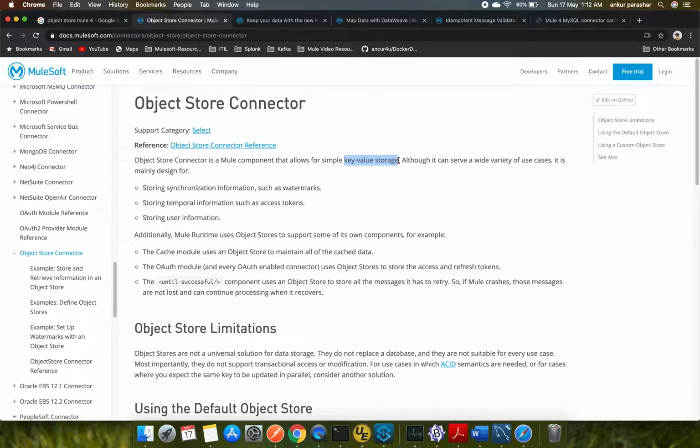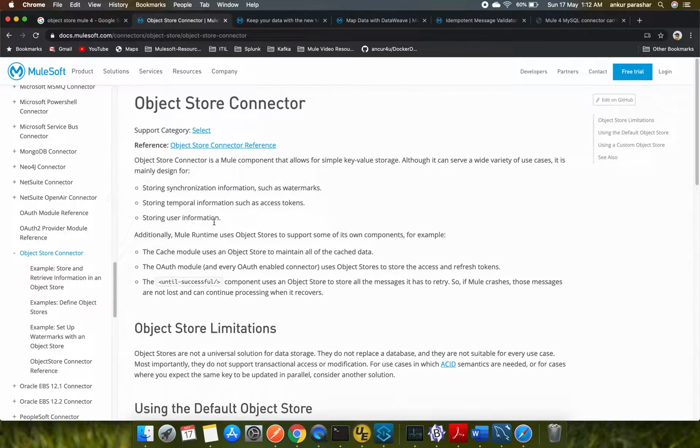As the examples mention, it can be used for synchronizing information using watermarks, or storing user specific information like access tokens or session IDs whenever a user logs into a particular site, or basically temporal information which is bound to change within a specified period of time.